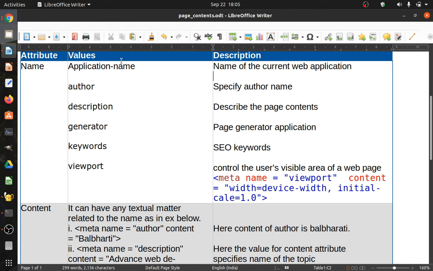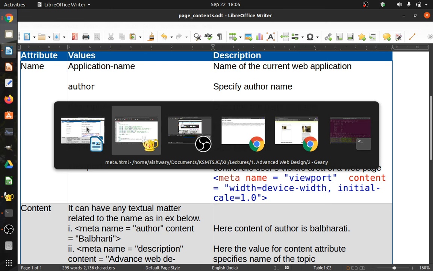We will see application name and then we'll see generator here, and then we'll directly switch to the code. There are some applications like Dreamweaver or FrontPage which are used to create web pages in the WYSIWYG fashion, as if we are drawing some images, where we are dragging some part of the web page and then generating. If such applications are used for generating that web page, then we can specify that in the generator value. The rest of the values of that name attribute will be seen in the actual code.